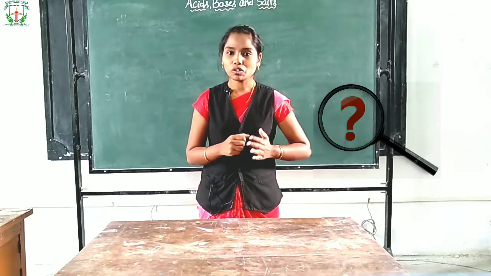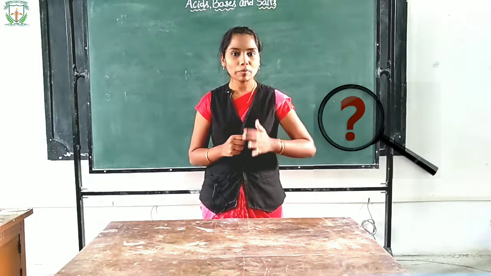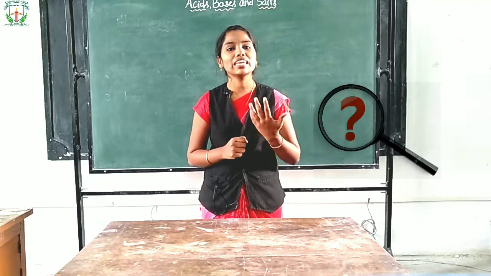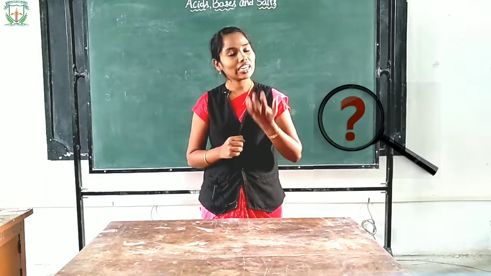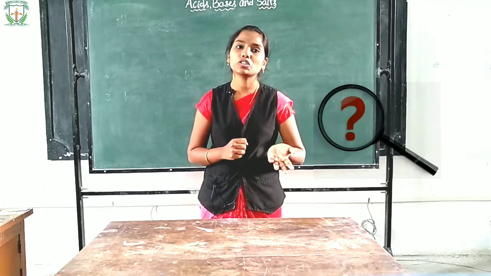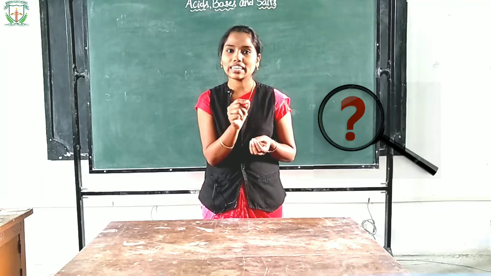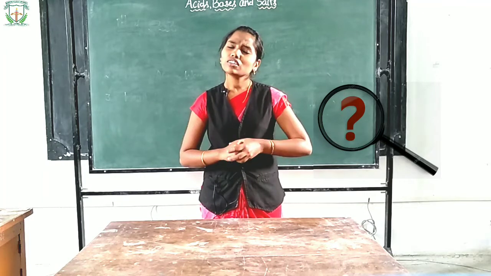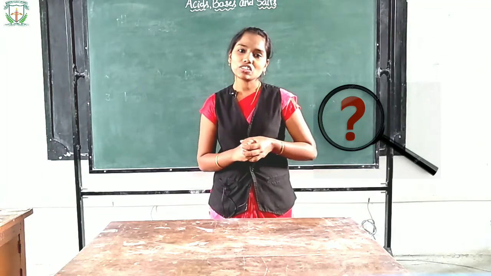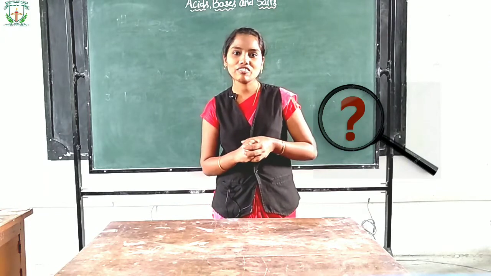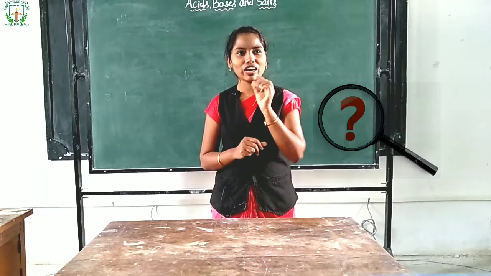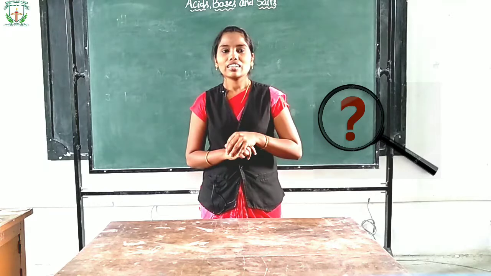Okay. So the first clue is this salt is a raw material for the manufacture of many materials which we are using in day to day life. For example, baking soda and washing soda. So this salt is used as a raw material for their production. So what is the name of the salt, children? Can anyone guess? I think only a few of you guessed the name of the salt.